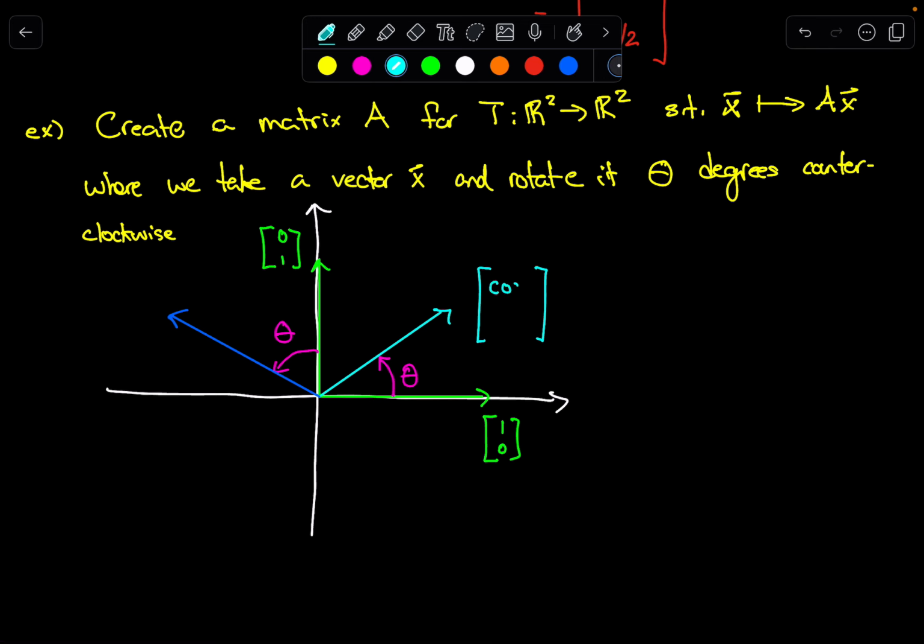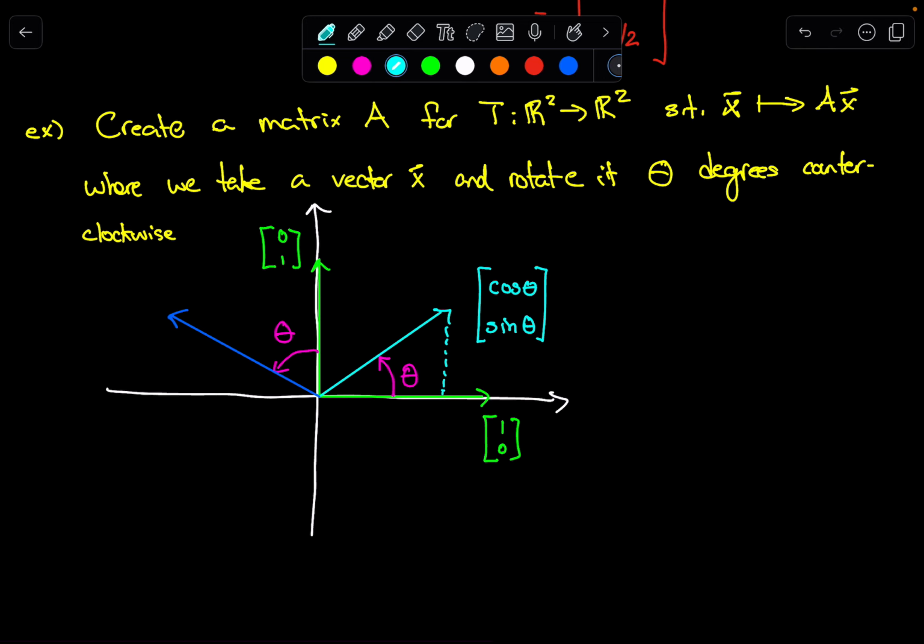This isn't so bad to think that, courtesy of our pre-calculus knowledge, our new vector is going to be located at cosine of theta and sine of theta. Now that's easy for the vector (1, 0). And so the question is, what's going to happen if we rotate the second basis vector, the (0, 1)? Well, as we rotate that one